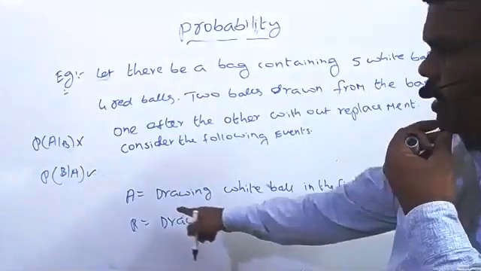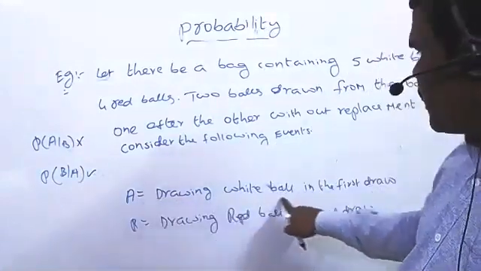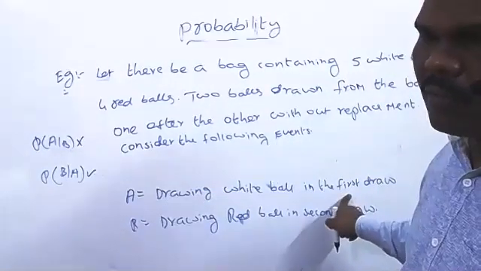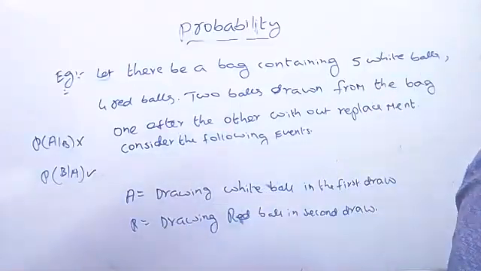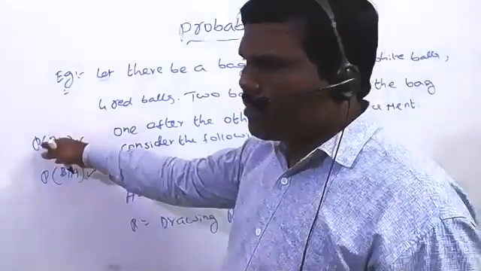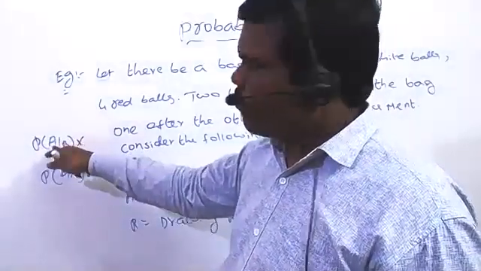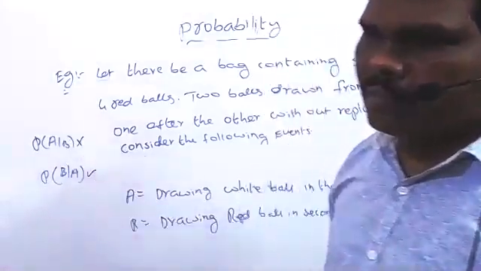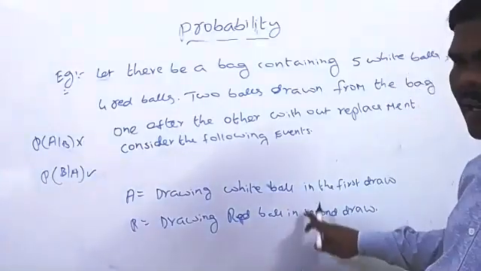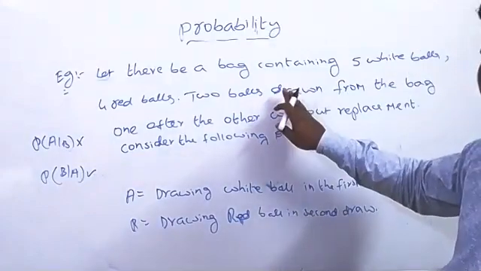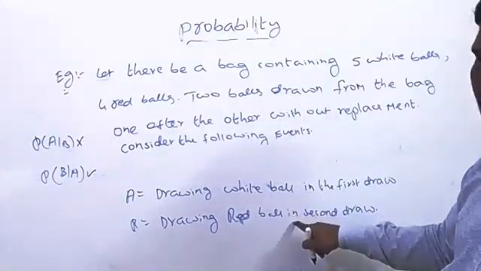Because they told very clearly that the two events are A equals drawing a white ball in the first draw. It will be the first. That means after occurrence of A, only then B occurs. But coming to these two conditions, if you take the probability of A by B, it means before occurrence of A, B has occurred. It's not possible. Total 9 balls are there, but you can see the events. What is the first one here? In the first draw, compulsorily we need to draw the white ball. That is the event A.